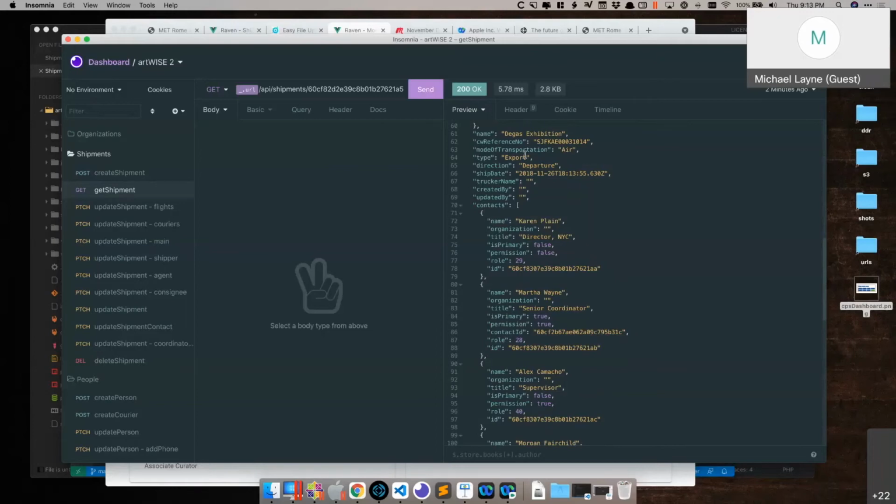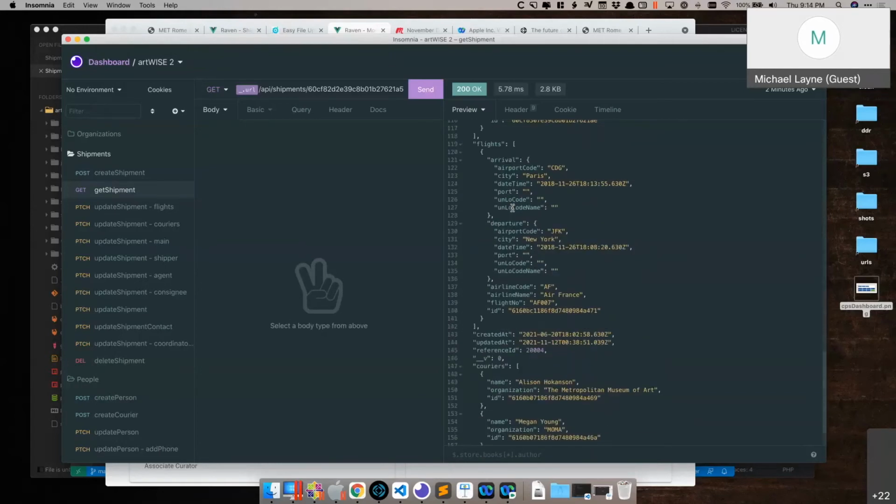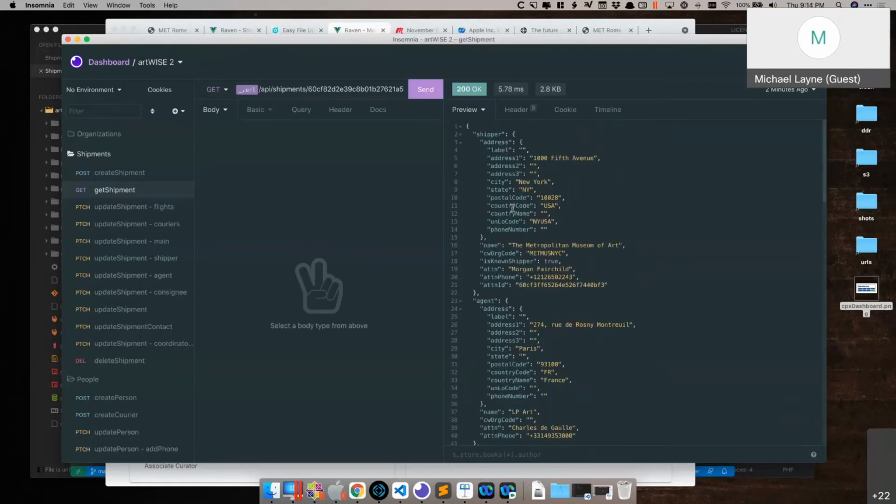So it is not FileMaker 20, but I thought it would be interesting to see what it would look like if I could take a shipment that didn't cross 20 records, but had everything in one record. And this was my exercise and my goal to run through. And I'm actually